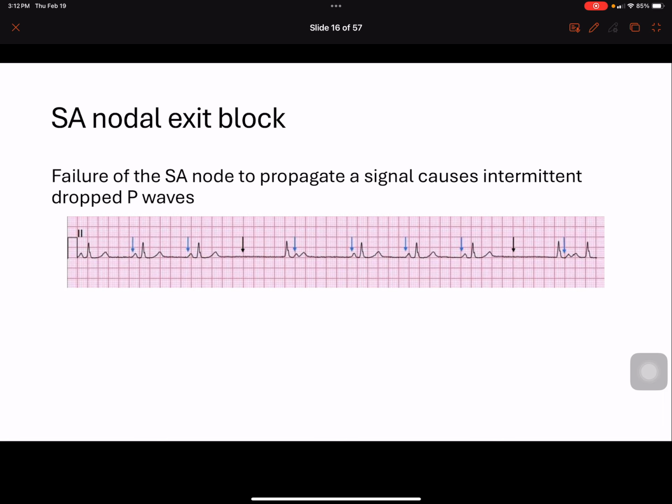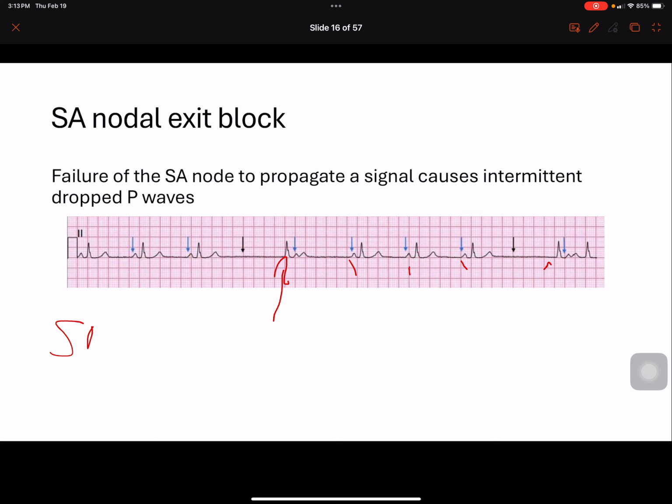All right, and this is something called a sinoatrial nodal exit block. This can often get misconstrued as maybe another type of heart block in the AV node, but a SA block, which is probably hard to diagnose, is basically intermittent dropped P waves. So you see here, if I were to draw right here, this QRS complex has no P wave in front of it. You see all these P waves right here, and then here's a dropped P wave right here, right? There should be a P wave here, and that intermittent P wave is because there is a signal,